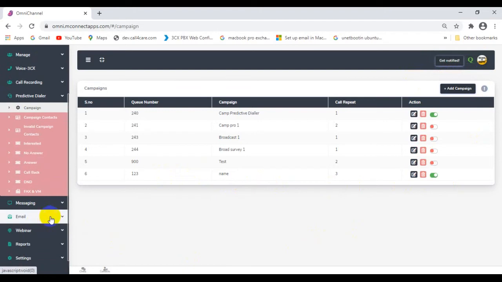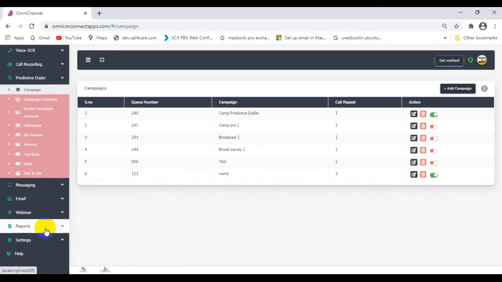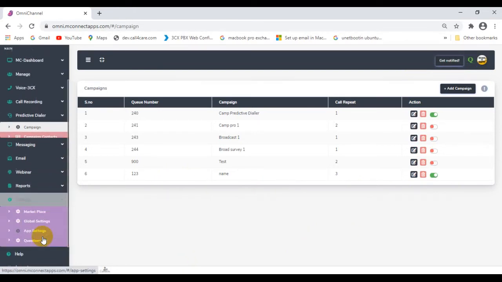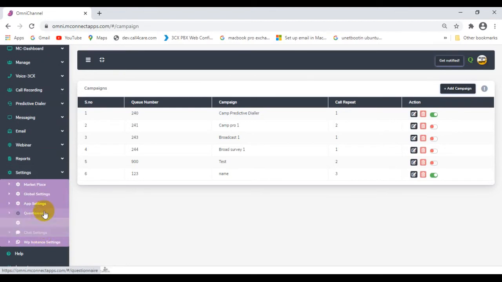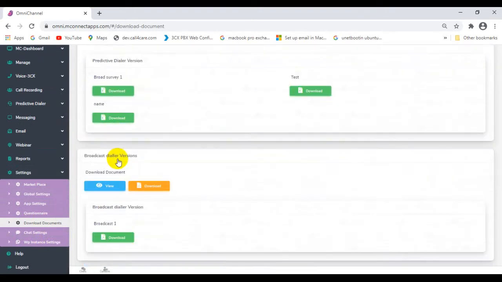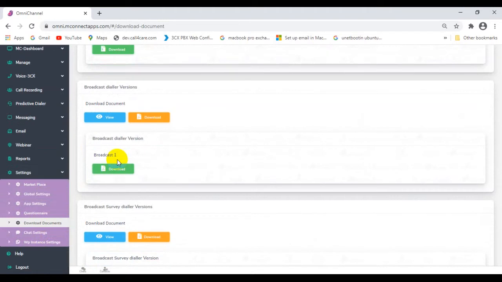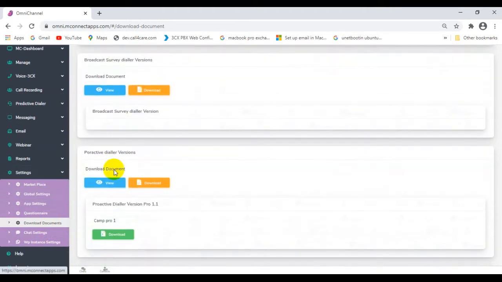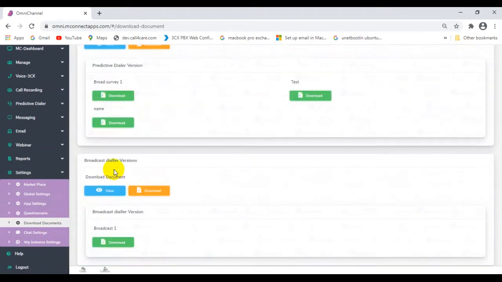I will show you how to get the WAD number. For that you have to go to the settings, and in settings you go to download documents. You can see here you can download documents for predictive dialer, for broadcast dialer, for broadcast survey dialer, for proactive dialer, for any dialer.